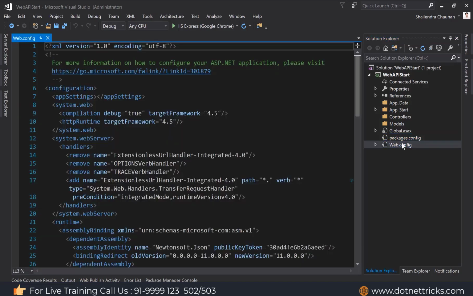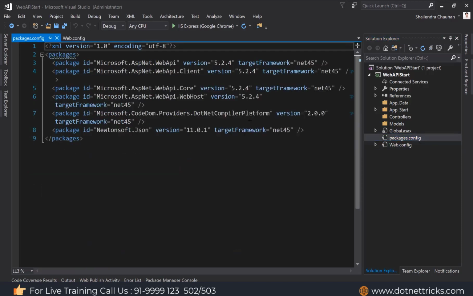So when we say Web API 5.2.4, actually we are talking about Web API 2 here, because Web API was first introduced in MVC 4. Web API is not available from the first release of MVC. So in MVC 4 it was Web API 1, and in MVC 5 it is Web API 2. Here, if you see, they have a similar package version as we have in MVC, because in MVC also we have the same version, and now in Web API also we have the same version.